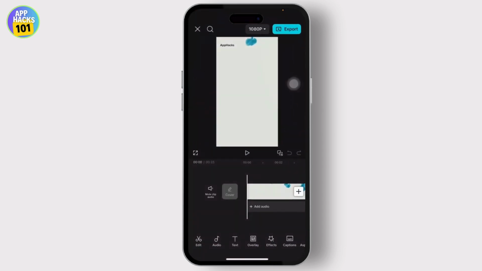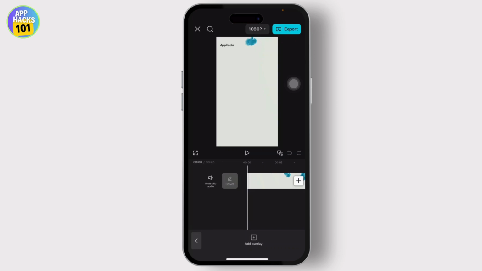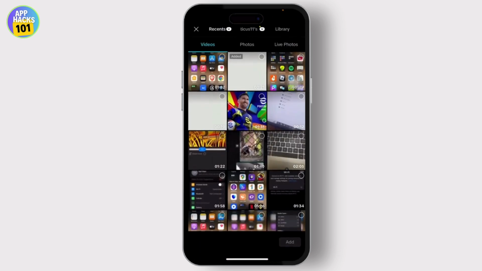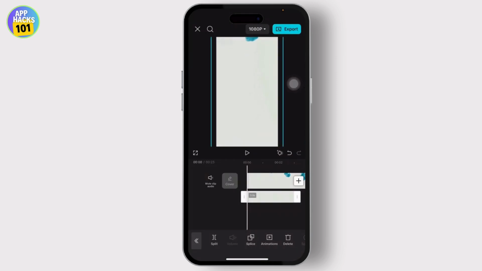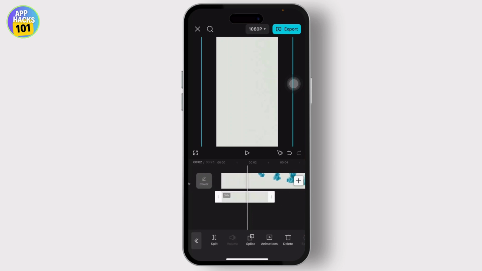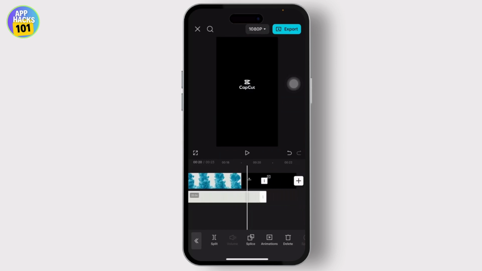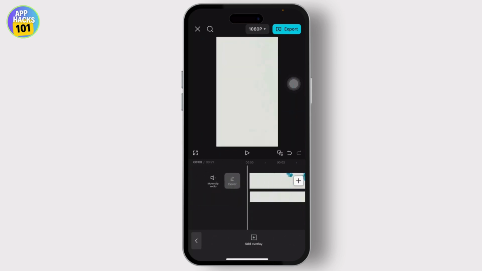So after you've taken in the screenshot, tap on overlay, and after you tap on overlay, tap on add overlay and import the image. Now after you import the image, make sure that you zoom it in and you align it. After you do that, you can extend this picture all the way to the end too. Let me just delete this, and what you need to do here is tap on the image again